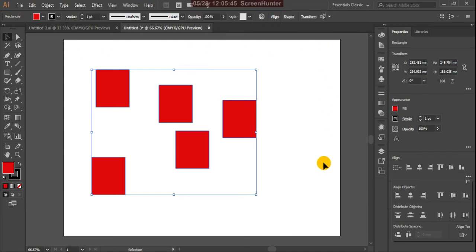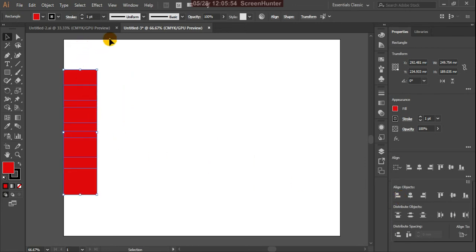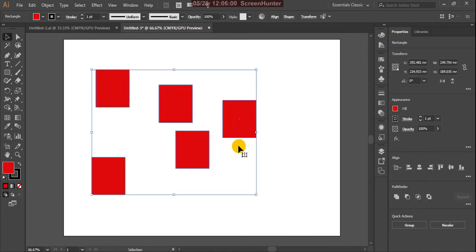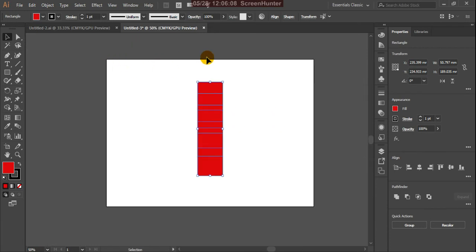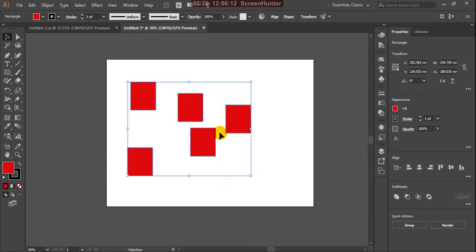This is my artboard, so we are aligning to the artboard, horizontal align left. See, this is my white paper artboard, so it is aligning to the artboard. And if I use horizontal align center, your objects align exactly to the center of the artboard. This is very important.